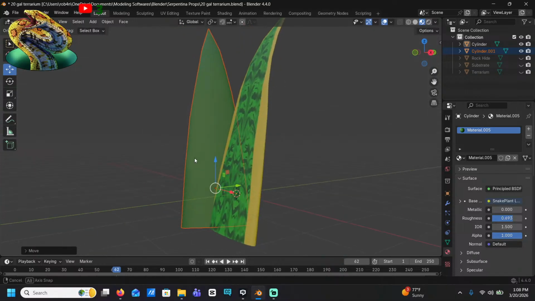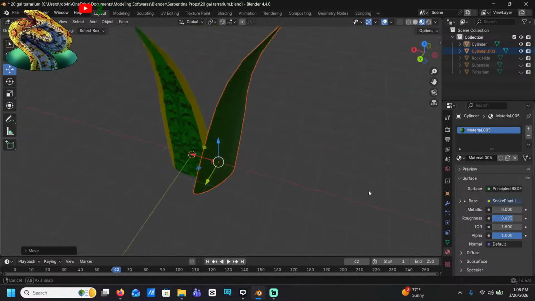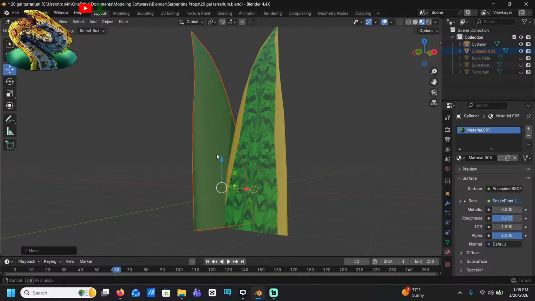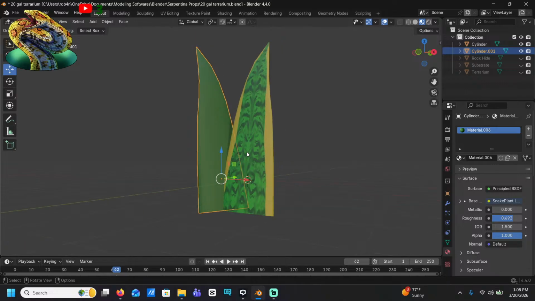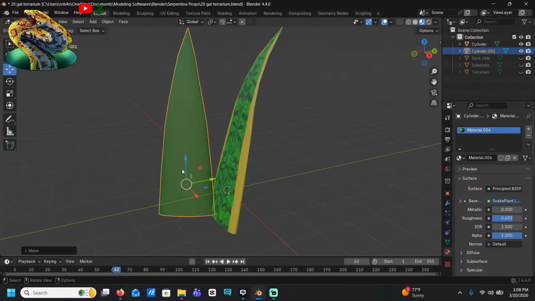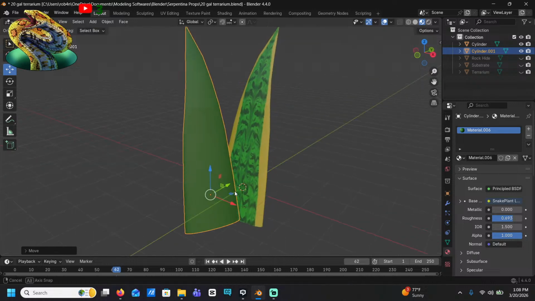I've got questions about that. Surprised it didn't duplicate. Wonder if I'll have to texture paint all of them. I mean, I can, I just don't really want to, to be honest.